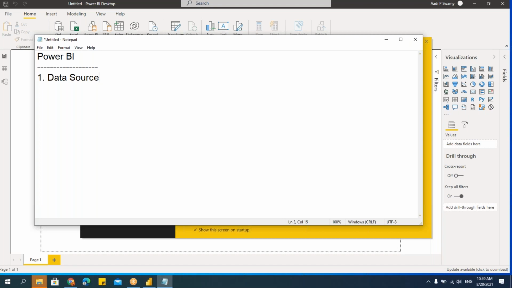There is no restriction saying that I have to work only on Excel, or only on MySQL or SQL Server. The data source can be from any source. Once I import that into Power BI, I can work as if it is from one database. Okay. First thing is, the data source is important.